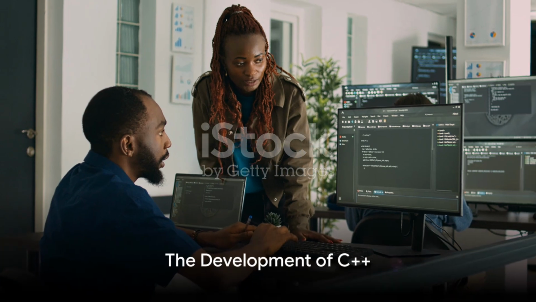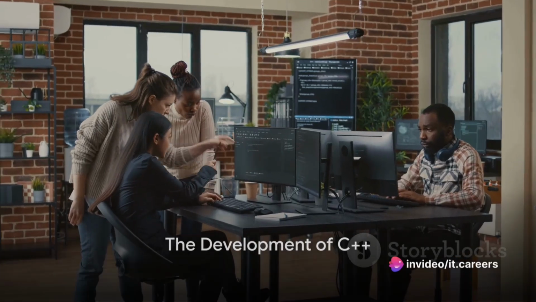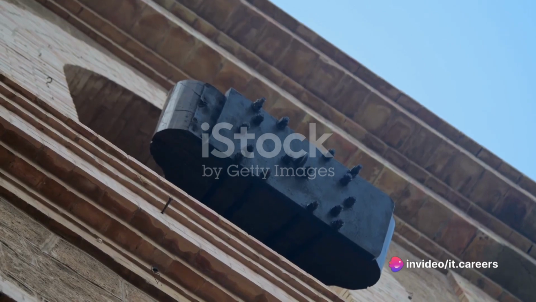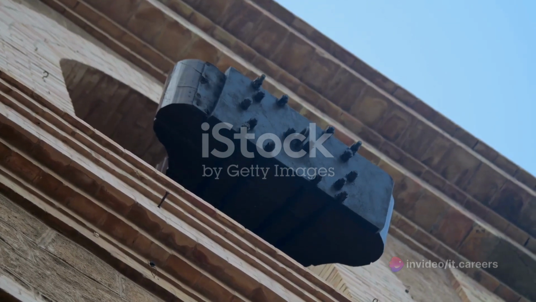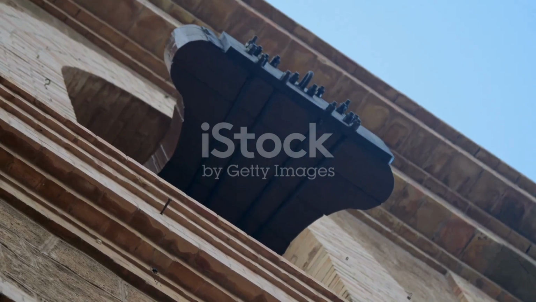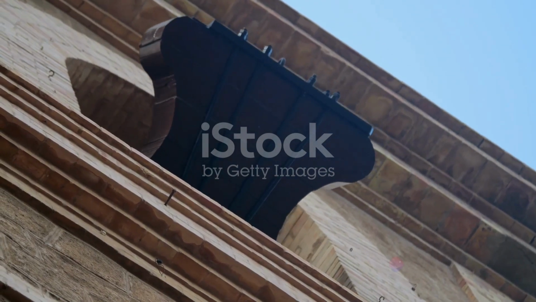C++ didn't just appear out of nowhere. It has a rich history that dates back to the 1980s. This potent programming language was the brainchild of Bjarne Stroustrup and his team at Bell Laboratories, which was a part of AT&T in the United States at that time. Stroustrup's objective was to create a language that could efficiently implement simulation projects but with an object-oriented approach. This led to the earliest versions of what we now know as C++.